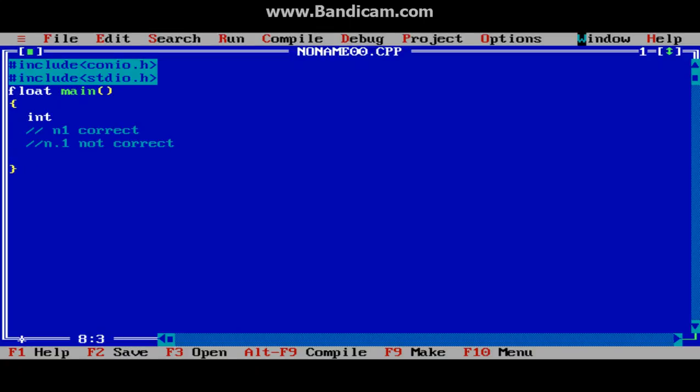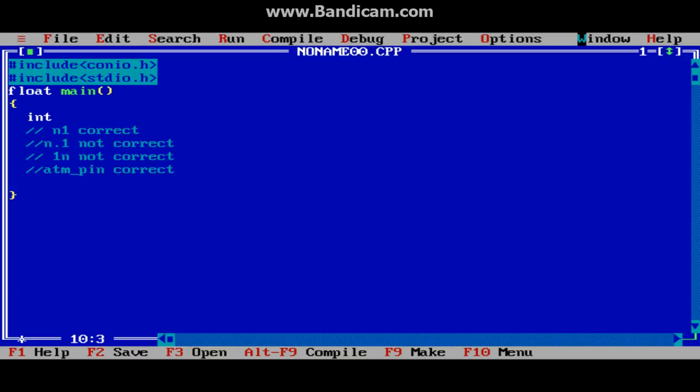We can't write an integer value first in our declaration. We can use an underscore. Suppose I'm going to make a variable atm_pin, this is correct.